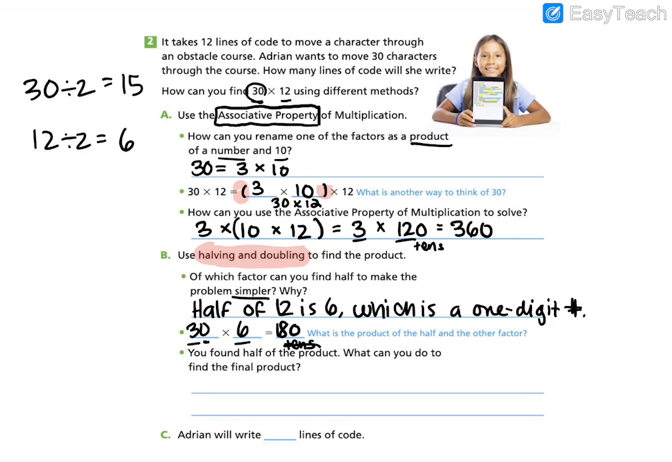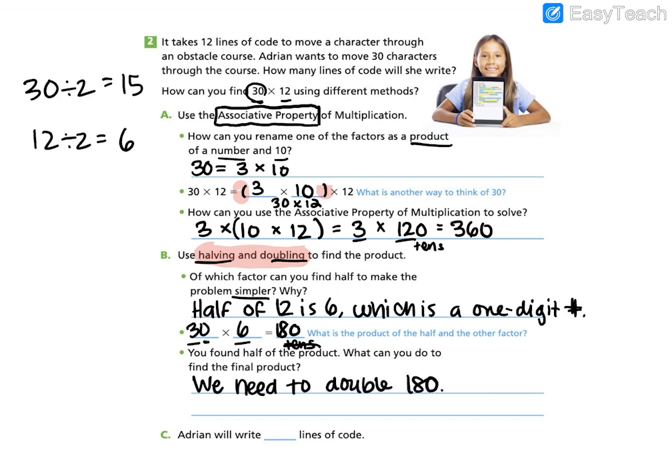But we aren't done. We found half the product. So what do we need to do to find the final product? We now need to double. Okay, we've done the halving, and now we need to do the doubling. So we need to double